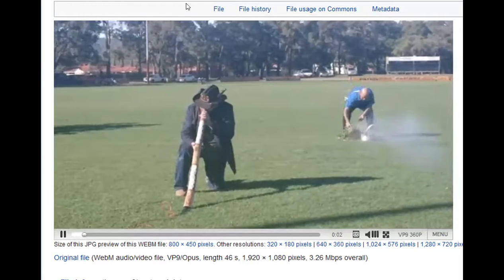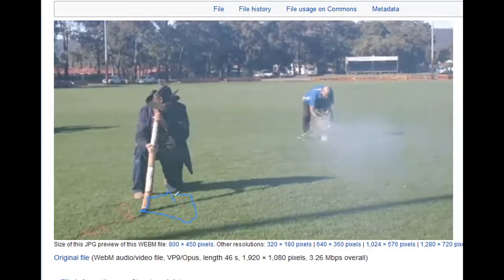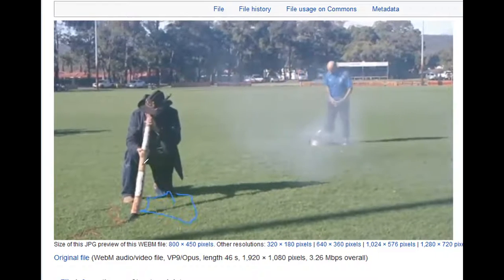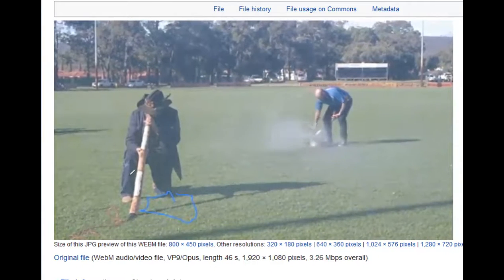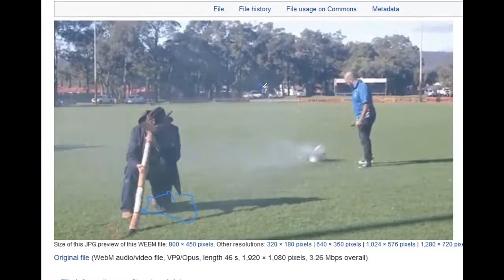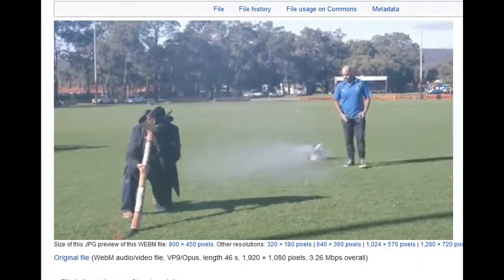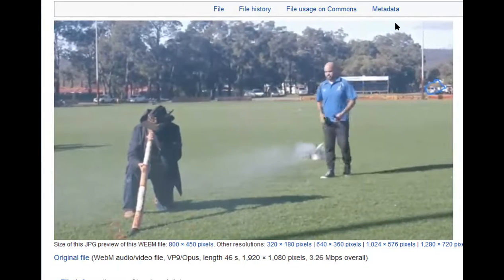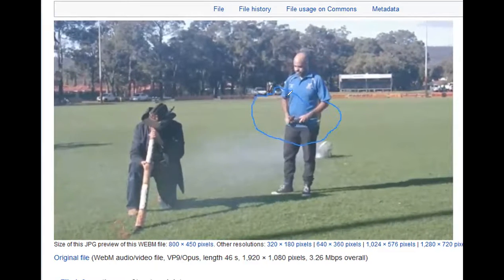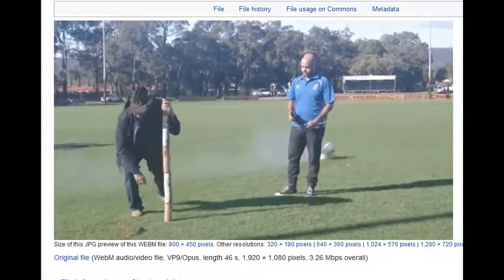All right, so whatever this is right here, it is making a sound. It sounds a lot like a didgeridoo, an Australian instrument. It's very low pitched. We've got some cars traveling around in the background here. We've got somebody either getting out of a car or getting back into one back here. This guy is beating a couple of sticks together. They look very polished and very formed. He's got a beard, but